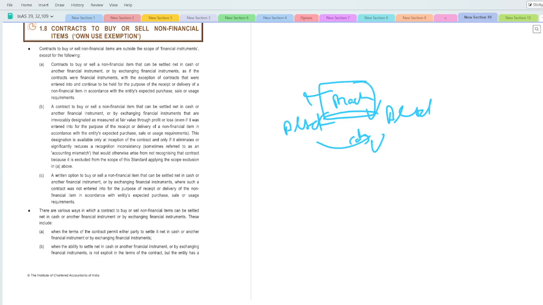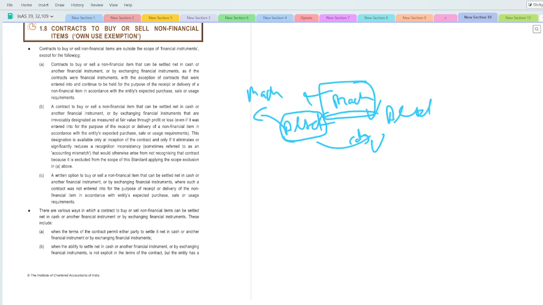लेकिन अगर ये A Limited उस मशीन को आगे जाके सेल कर देता है immediately within the short span of time, so here A Limited is acting as a trader. ठीक है, वो अपने खुद के यूज़ के लिए नहीं कर रहा है, खुद के बिजनेस के लिए यूज़ नहीं कर रहा है उस मशीन को. तो इस केस में अगर ये आगे सेल कर देते तो दिस इज योर फाइनेंशियल इंस्ट्रूमेंट. So this is what they are trying to say.